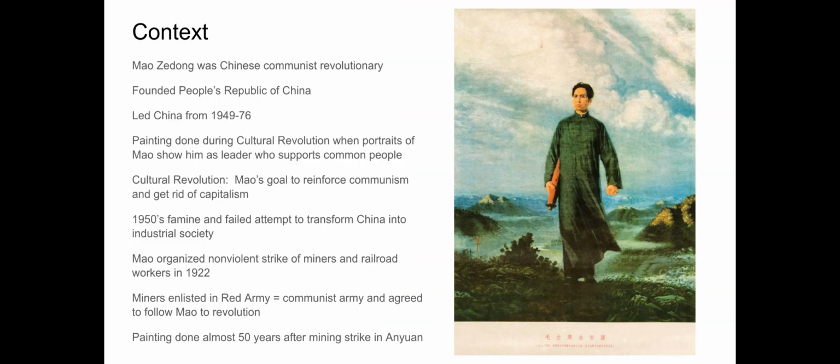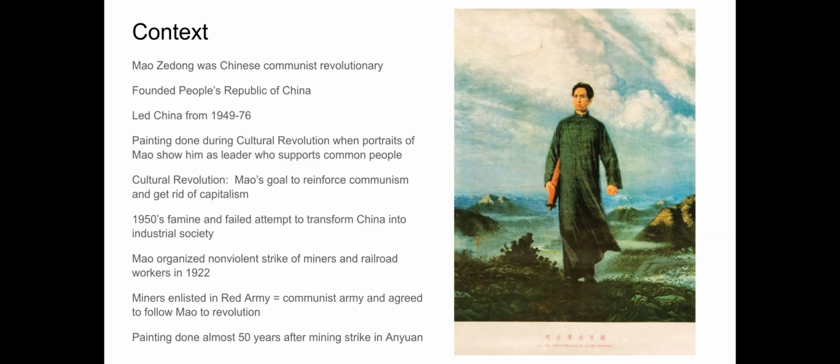So Mao was the Chinese Communist revolutionary leader, basically founding the People's Republic of China and leading China from the middle of the 1900s, so 1949 to 1976. This painting, the original painting, was done during a time called the Cultural Revolution, when portraits of Chairman Mao really are everywhere, and they show him as the leader who is very much in support of workers, the common people. He is one of the people, and his goal with this whole Cultural Revolution was to get rid of any remaining remnants of capitalism, to reinforce communist principles, and in a way to kind of get out of